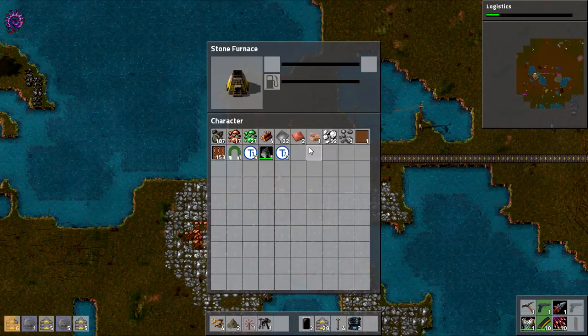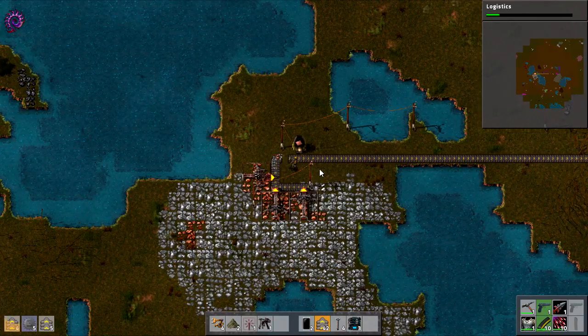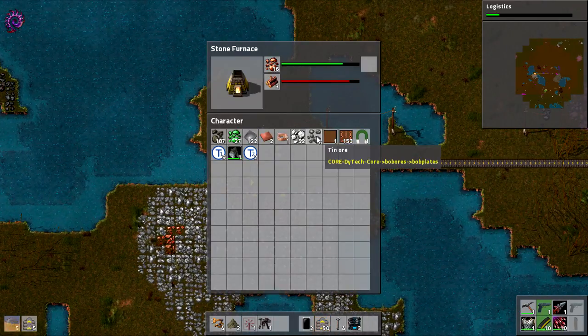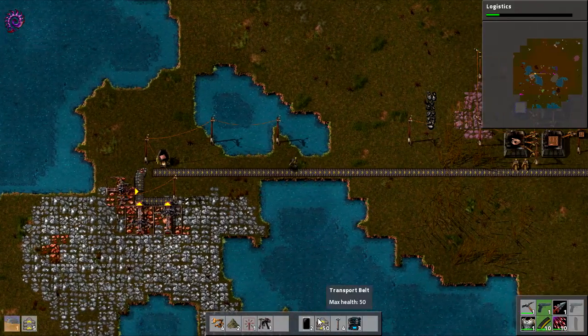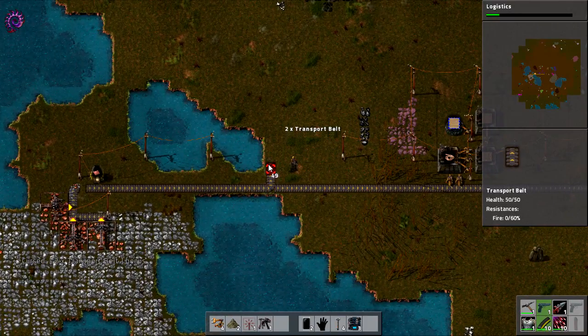There we go. So yeah, it does mine up other resources other than copper. So that's something that we've got to cater for. And, you know, obviously we are going to cater for that. Now let's think about where we actually want to process this copper. I think if we go up here,